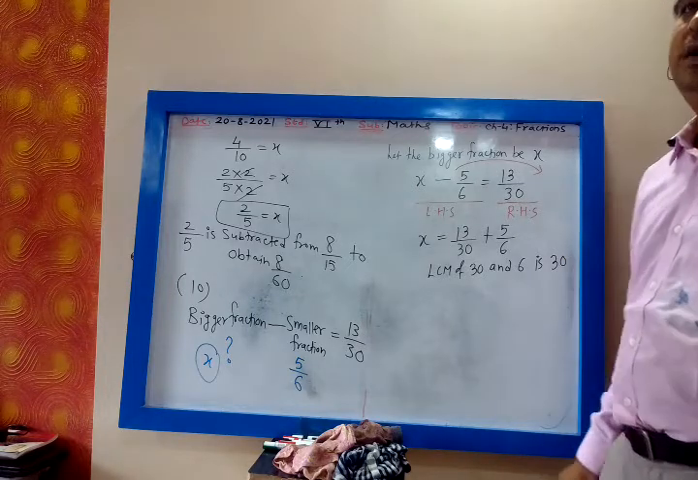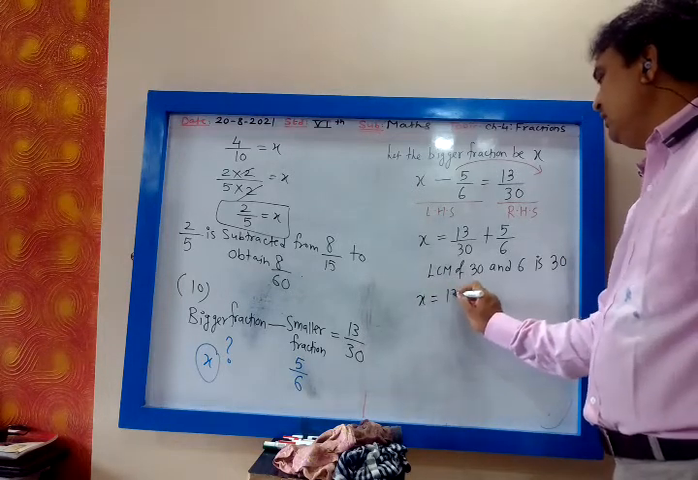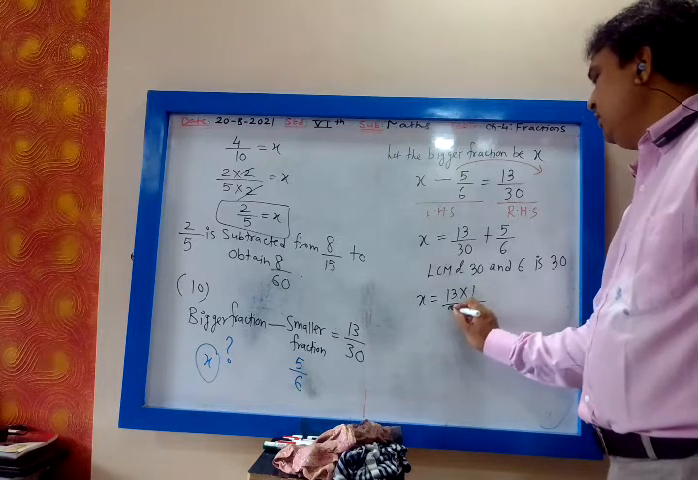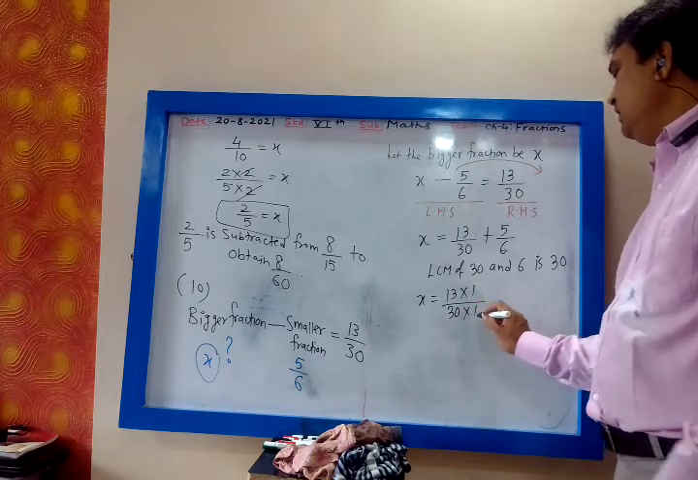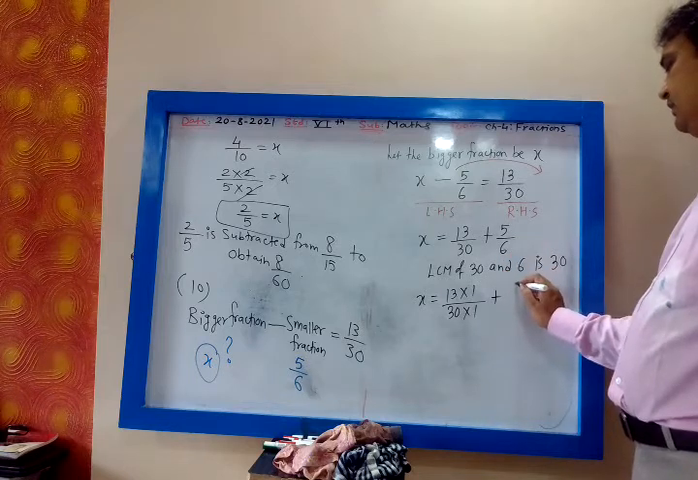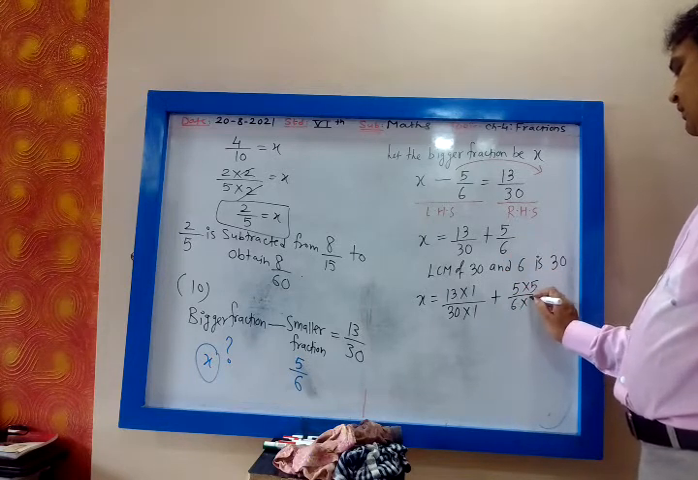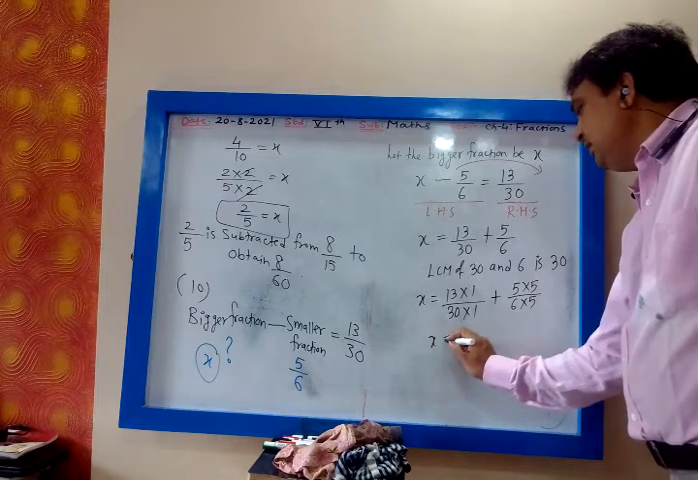LCM is 30. Now make the denominator 30. So x is 13 into 1 upon 30 into 1. Already it is 30, multiply by 1. Then 6, multiply by 5: 5 fives upon 6 fives. So x is 13 upon 30